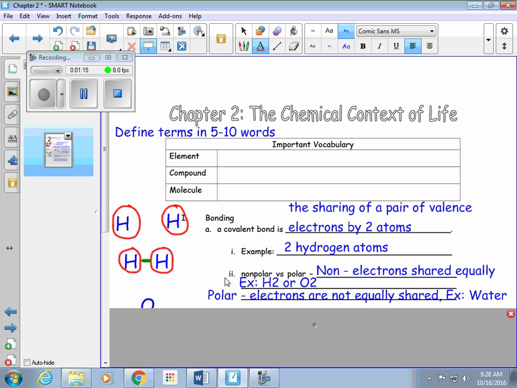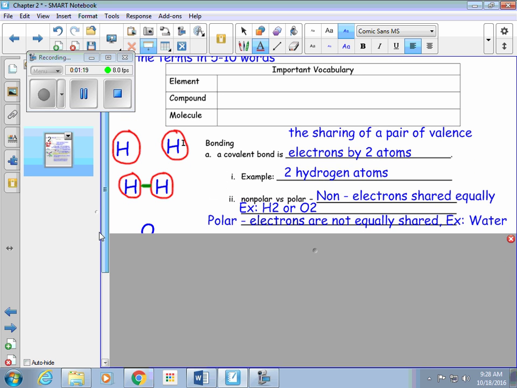When talking about covalent bonds, it's important to understand the difference between a polar covalent bond and a nonpolar. A nonpolar bond is a bond between electrons that are shared equally. This that I've drawn here is an example of a nonpolar bond. Also a bond between two oxygen molecules. The double bond between two oxygen molecules would be considered nonpolar. They're shared equally, meaning they're pulling on each other with the same